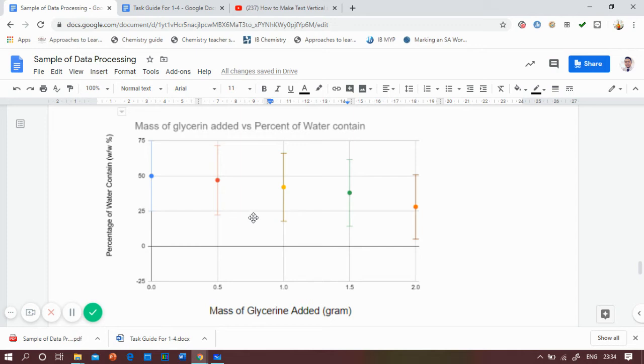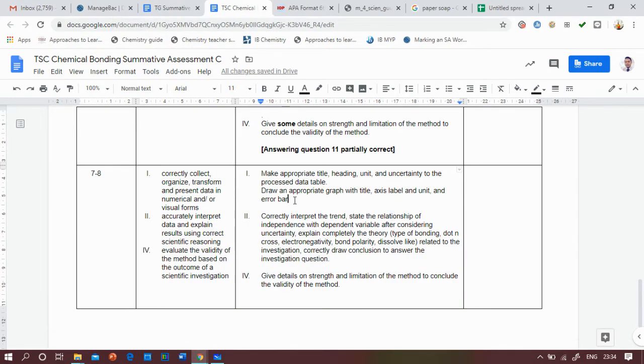Okay, so let's go back to the task specific clarification again. So error bar showing, as I showed you before. What is an error bar? I will give you a further explanation later on. By the way, the sample of calculation file you can also find in the manage pack in the assignment itself.